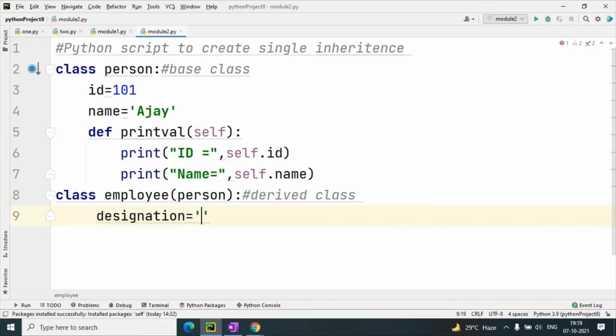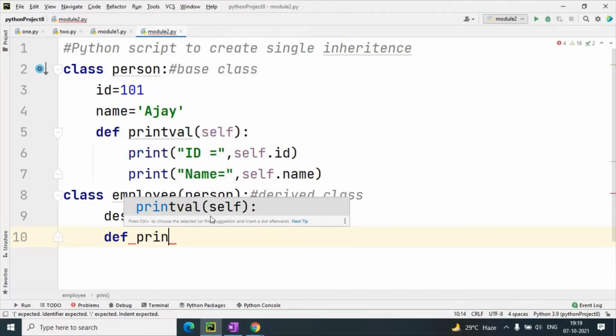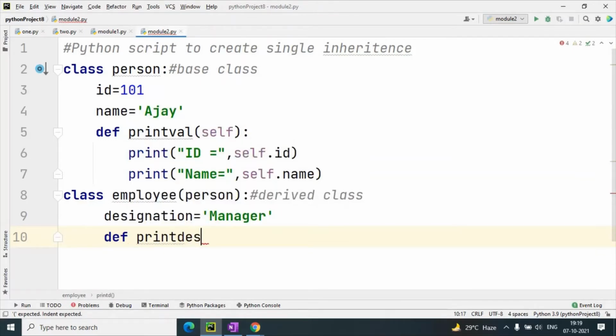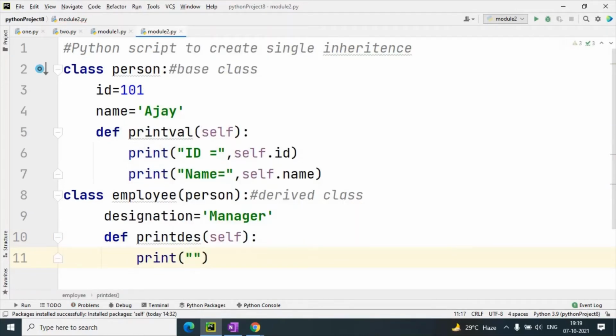Suppose I have taken the value manager, and here I have taken one method, and in this method I just print designation equals to comma self.